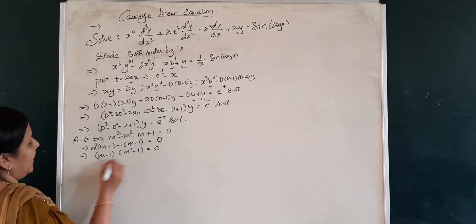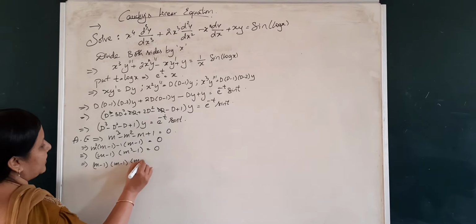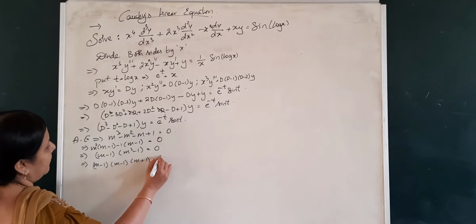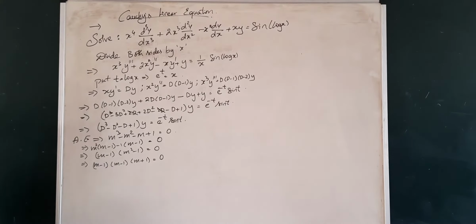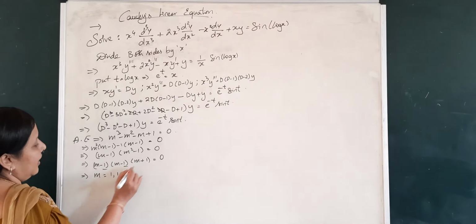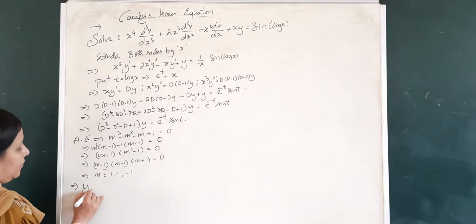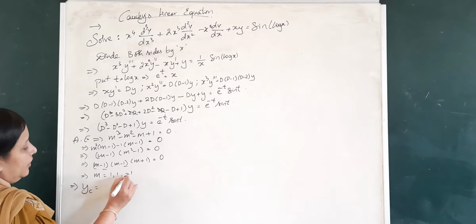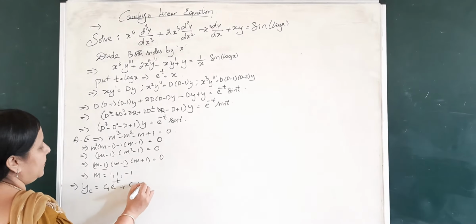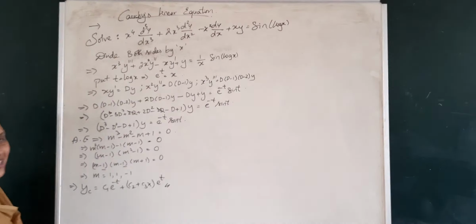Hence we have m minus 1 is 0, you get m is 1. But what about this term? This can be further simplified. m minus 1 into m minus 1 into m plus 1. Why? a square minus b square can be simplified further as a plus b into a minus b. That's how you get it. Therefore, here you can see we have repeated roots. Hence, m will be equal to 1, 1, and there is only one negative 1. So the YC part, as we have repeated roots, first we will write it for the unique root: c1 e to the power minus t plus, for the repeated roots, c2 plus c3 t times e power t. This is our YC part.